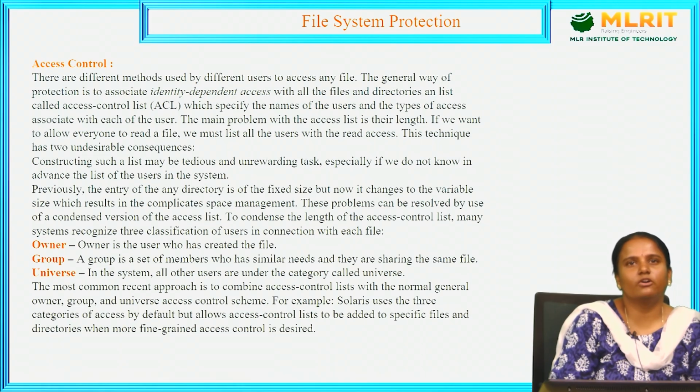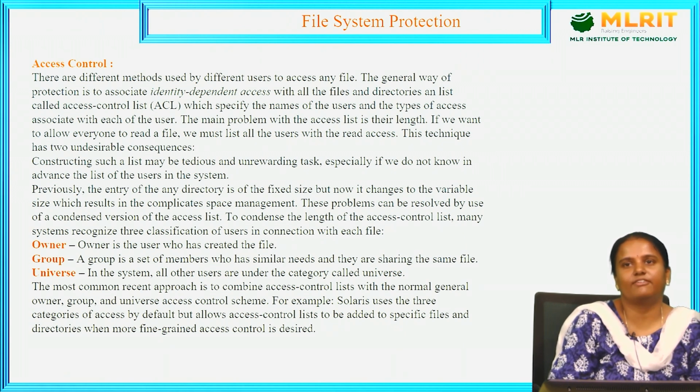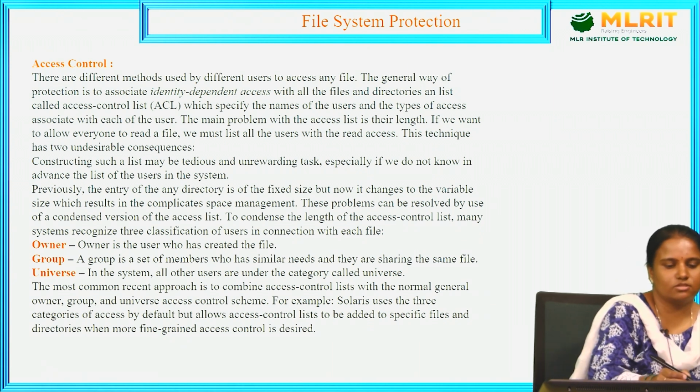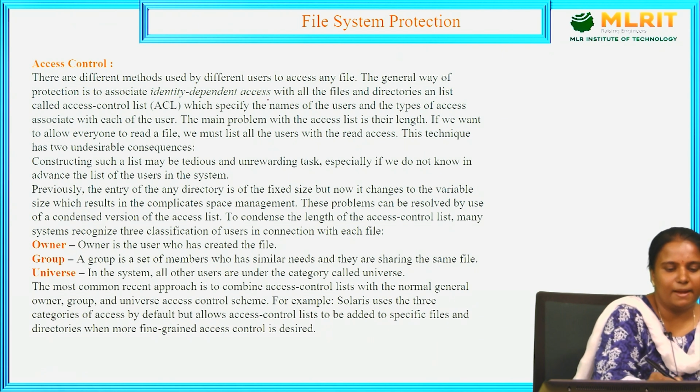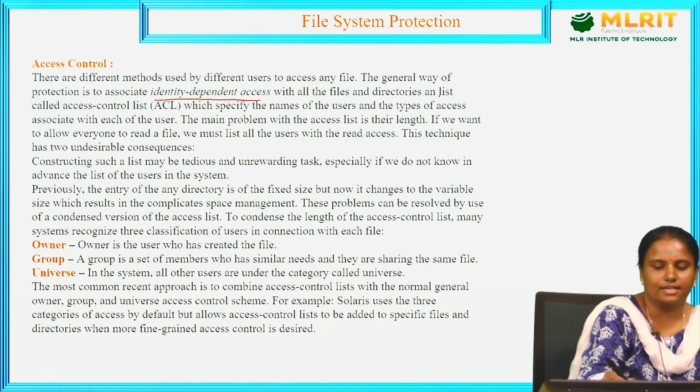Next, how we are going to access control this file system protection. There are different methods used by different users to access any file. So whatever the access control can be done for the files, they are used by a number of users. The general way of protection is to associate identity dependent access with all the files and directories in a list